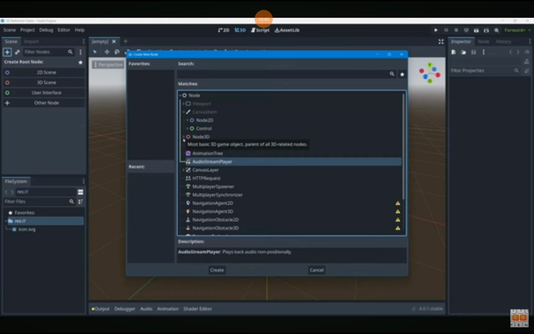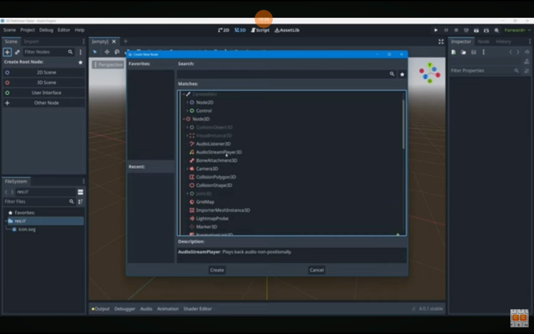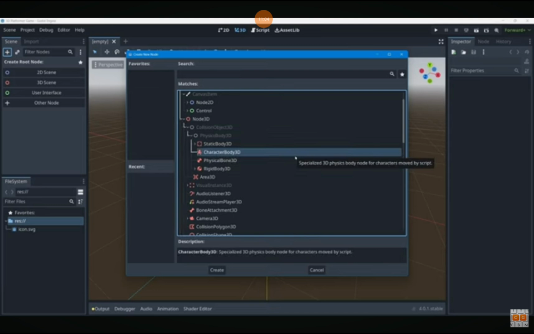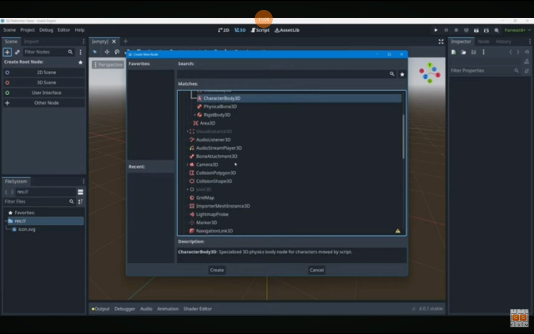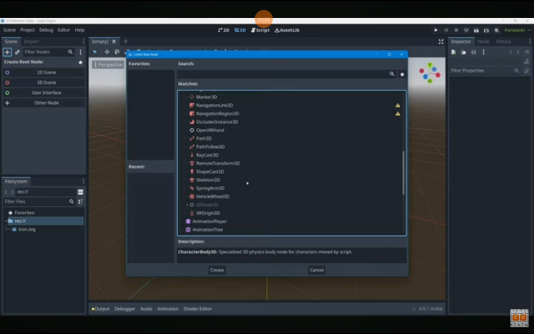They are all under this Node 3D branch, and if you expand it out, you can see cameras and grid maps and audio listeners and different types of collision objects and physics bodies, including one that we're going to be using a whole lot called a character body 3D. There are collision polygons, light probes, paths, skeletons, everything you can imagine that makes up your game is a node